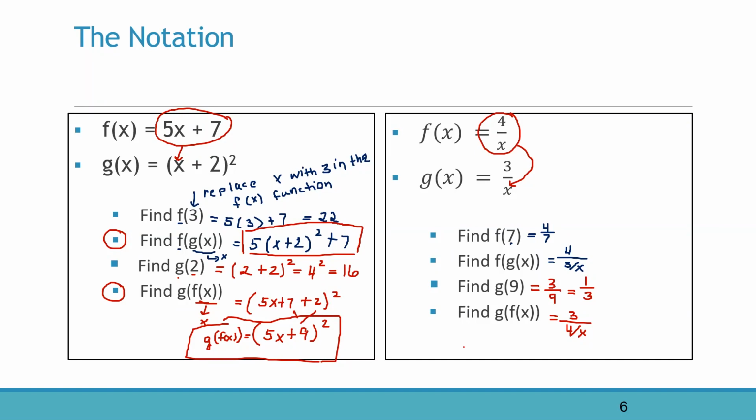We have to remember composition is substituting one formula into another, and so the thing that is in the parentheses is what is going in for x. And the thing that is outside of the parentheses, the f or the g,